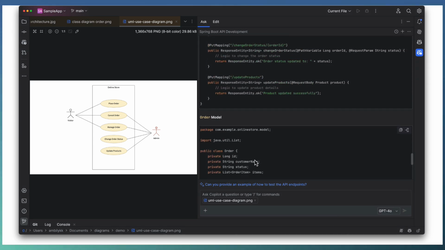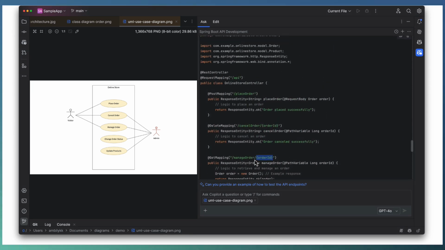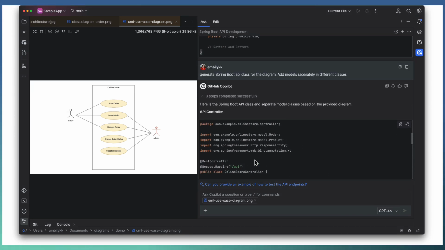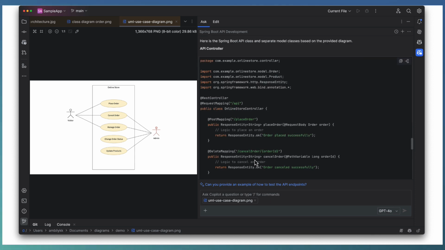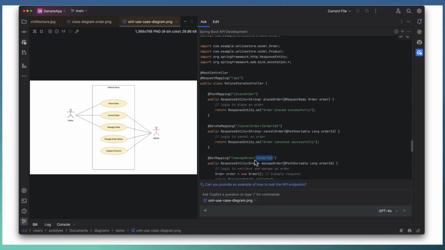So we have around three different models along with the API class generated out of this online store use case diagram. For a developer, this is the starting stage. He gets the basic structure and what kind of APIs or endpoints are required. Now from here he can start building on top of this. He can ask Copilot to complete the implementation of each of these methods.